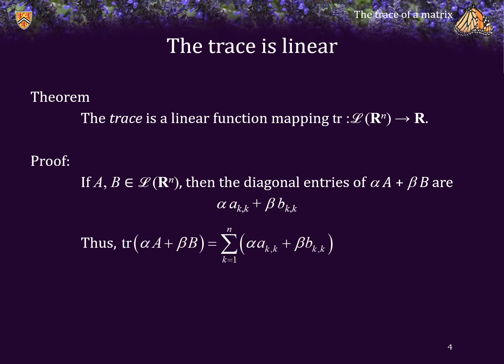Thus, the trace of alpha A plus beta B is just the sum of these diagonal entries. But from the properties of the sum, this is equal to alpha times the sum of the diagonal entries of the matrix A plus beta times the sum of the diagonal entries of the matrix B, which is equal to